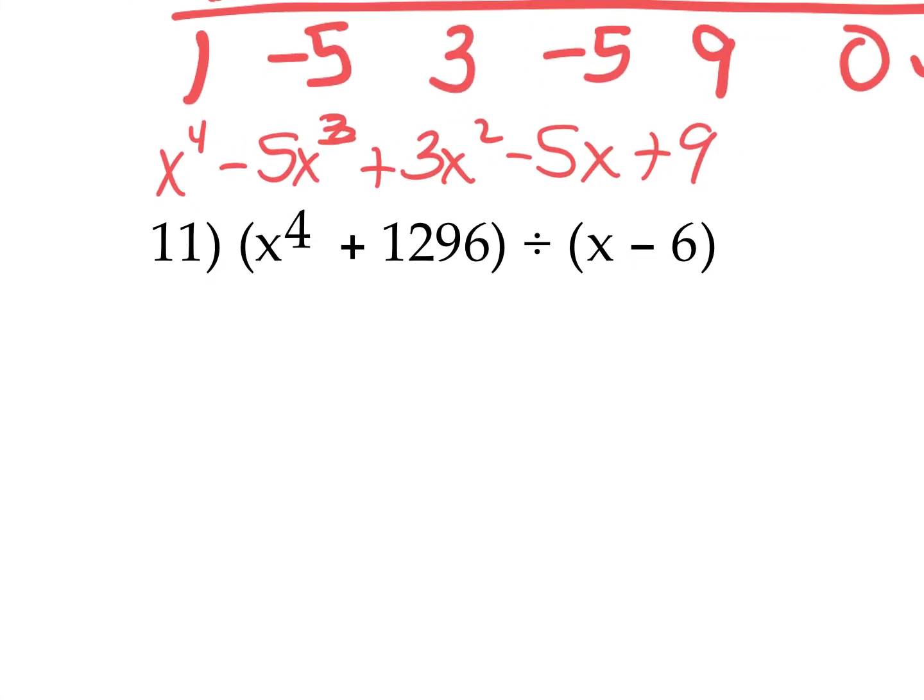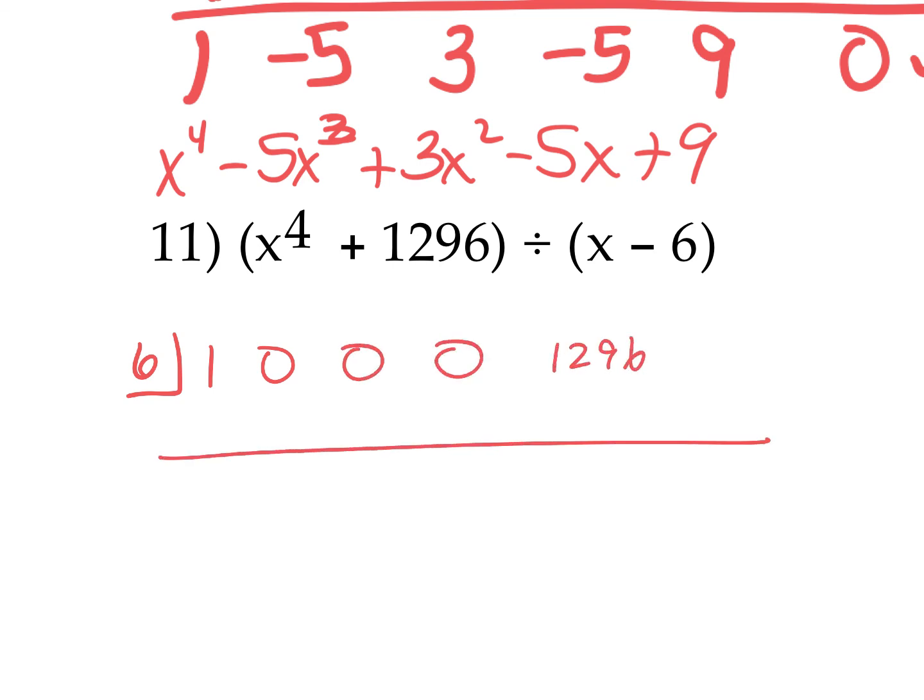All right, here we go. Let's do this one. I'm using 6. So the coefficient of x to the 4th is 1. What do I fill in with all the... So 0x cubed, 0x squared, 0x, then I have 1296. We're going to go through this one quickly, guys. 1 times 6 is 6, plus 0 is 6. 6 times 6 is 36. 0 plus 36 is 36. 36 times 6 is 216. 0 plus 216 is 216. 216 times 6 is